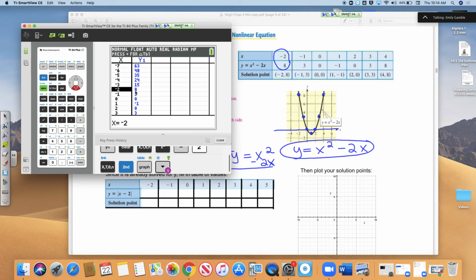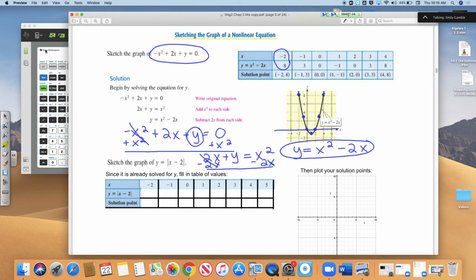And this is called a quadratic equation, a quadratic function, which is different than a linear. Linear is a straight line. Quadratics are parabolas. They kind of look like valleys or hills, a U-shaped graph. And you're supposed to connect the points here. If I click graph,